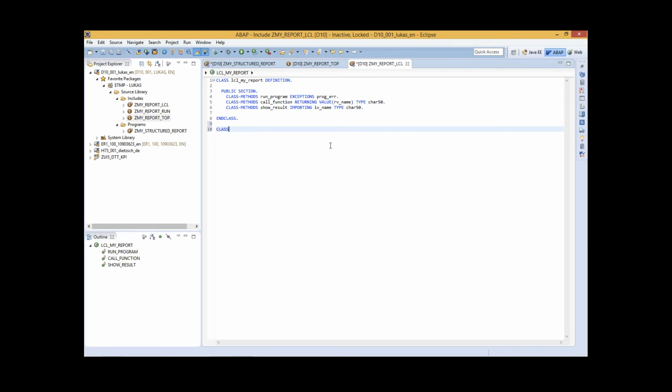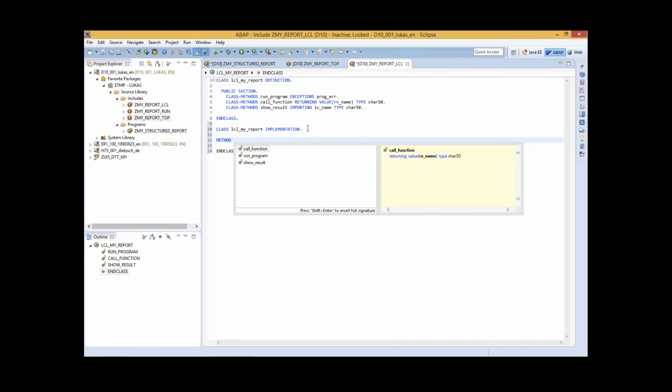Class LCL. You should know it here. There we go. Implementation. And now we can say method. And now we use our code completion in this case. And here you see all the methods that are not implemented but defined for now. So let's go for